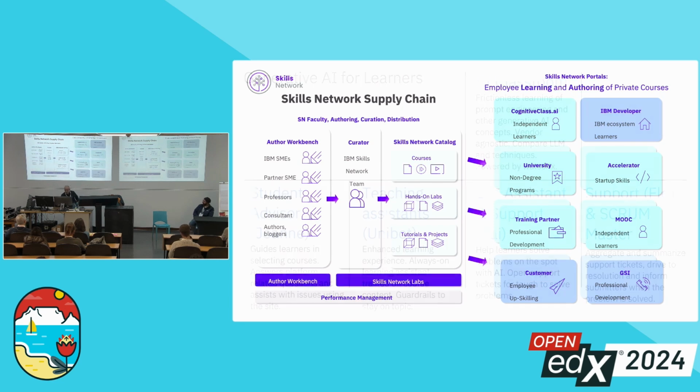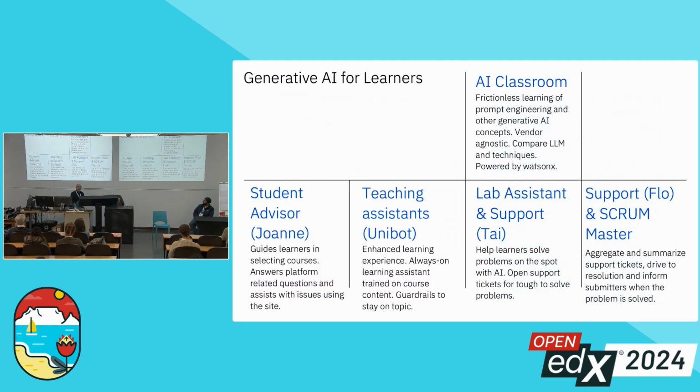But enough of that. So I said, how do you automate stuff, especially when you deal with learners? Well, we have created a number of advisors and assistants to deal with this. And what we try to do is model what these responsibilities and roles are in real universities or education institutions. But before we get to that, if you look at the top in there, it says AI